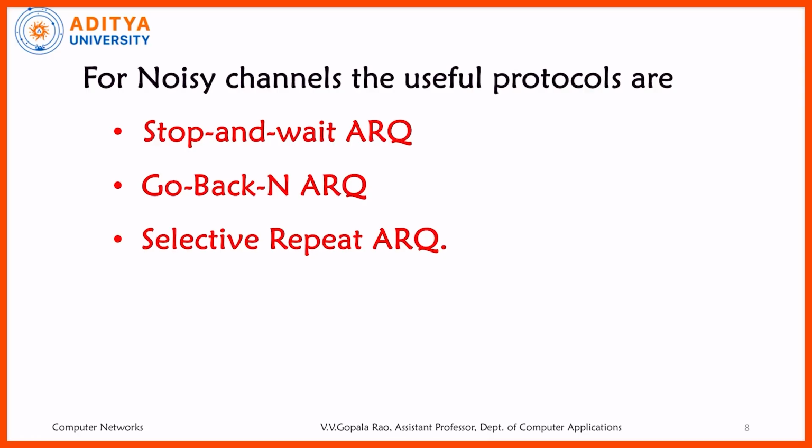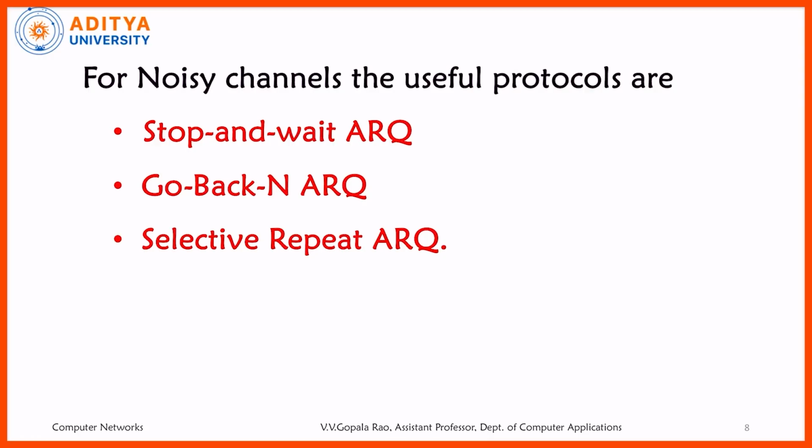Here ARQ stands for automatic repeat request, and the second one is called go back N ARQ. Here N stands for the frame that is expected by the receiver in the next stage, and selective repeat ARQ is another protocol which works on a selective basis. Instead of sending a group of frames, based on the receiver, the respective frames can be transmitted to the receiver. So that is also on request only. All these are based on the request. That is why the total protocols are classified as automatic repeat request protocols.